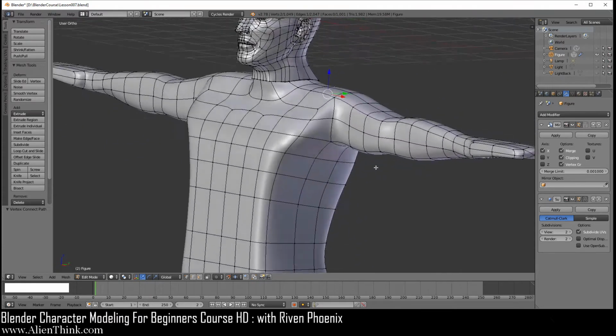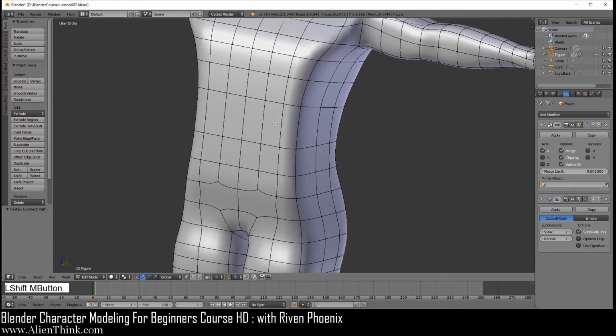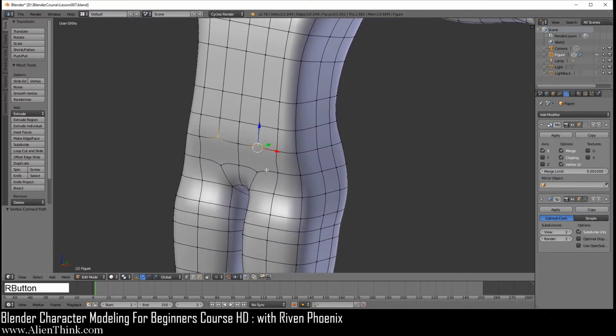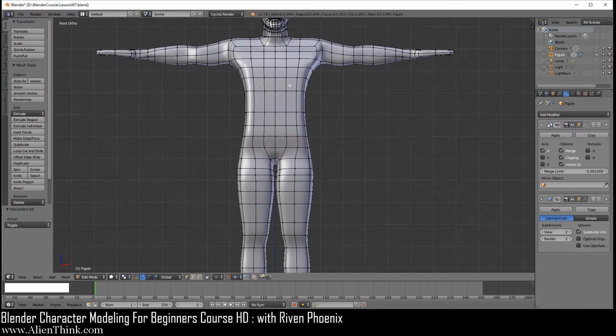Go ahead and middle mouse button to rotate in the front, and we're going to select on this one, shift key down, select on this one, and J to join, and shift middle mouse button to pan up. Now go ahead and right click this one, shift and click on this one, and J to join. Then the front view. Okay, so now we've equalized these edge loops over here. So what we want to do is now do this horizontally. So I'm going to do Control R. You can see that there one edge loop is missing. So I'm going to do left click and right click to equalize this.